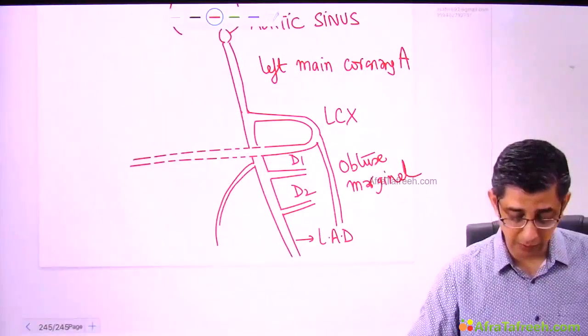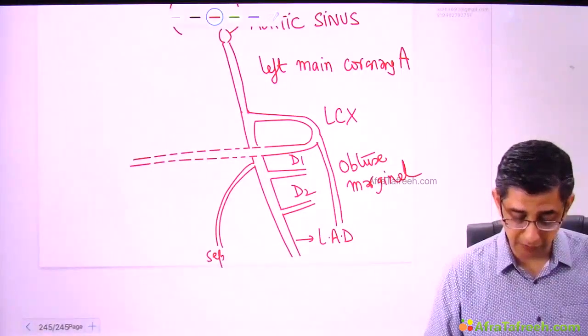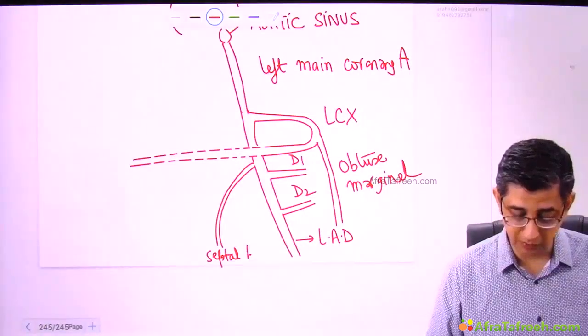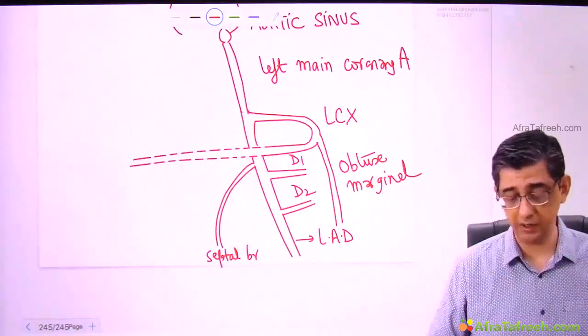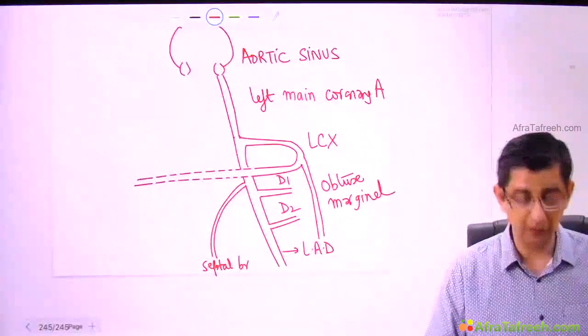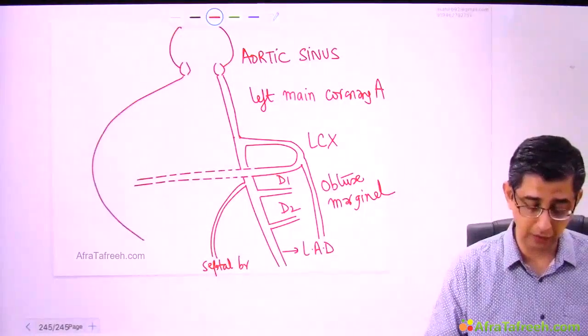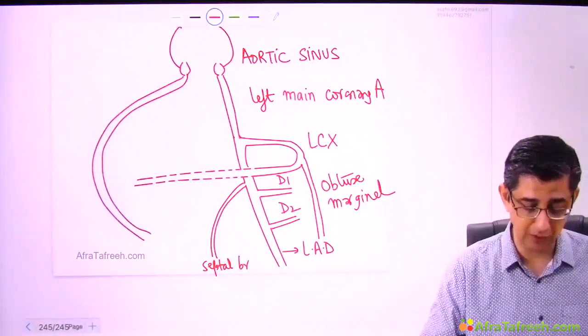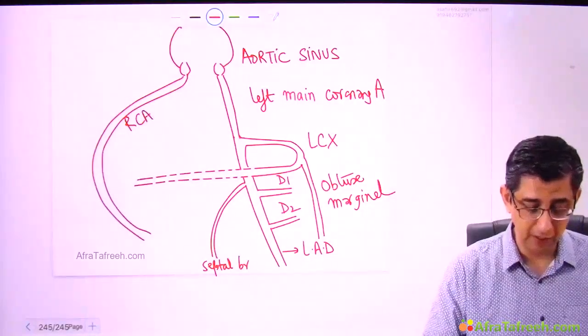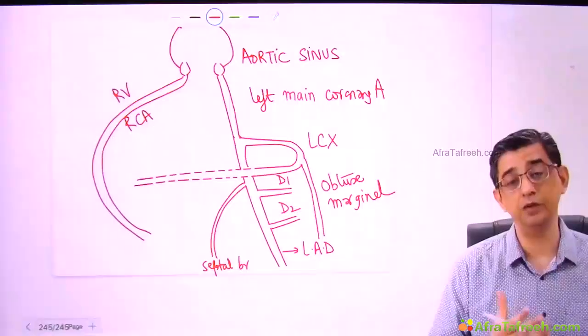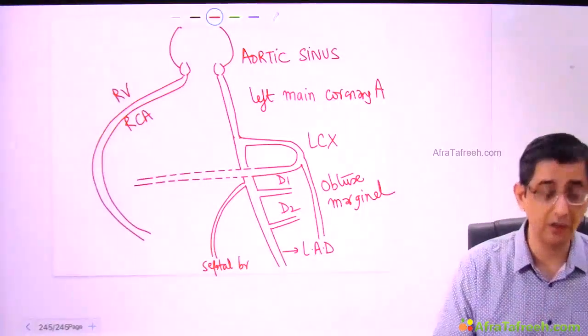This septal branch supplies the interventricular septum, and if there's a thrombus in this one, then septal myocardial infarction can occur. I will now highlight another aortic sinus and a coronary ostium from where the right coronary artery of the patient starts. It supplies the right ventricle, and an important chunk of the right ventricle forms the inferior surface of the heart.